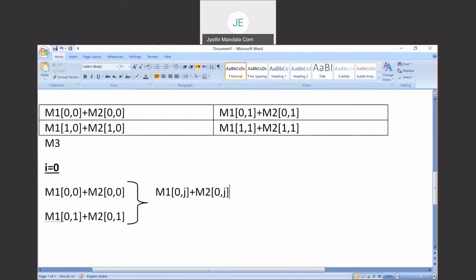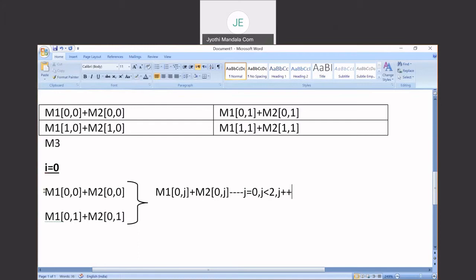Now what you need to observe here is the J value. Initially J value should be 0, and J value should be less than 2, and repeatedly J value should be incremented.